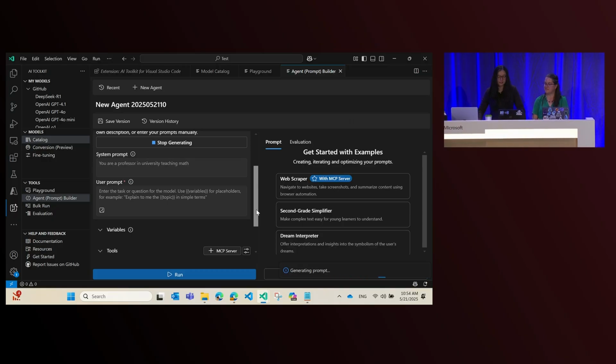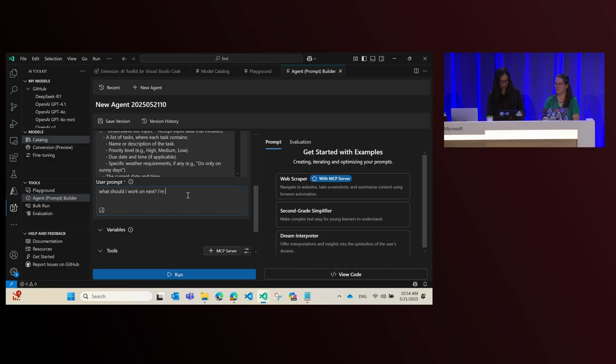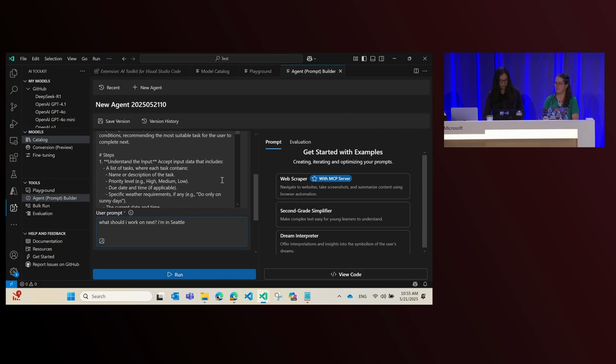In a few seconds, it should come back with a system prompt filled in here. And as that's going, I can type in what I want to ask, which is, what should I work on next, and I want to tell it that I am in Seattle right now, so it can look up the weather for my location.